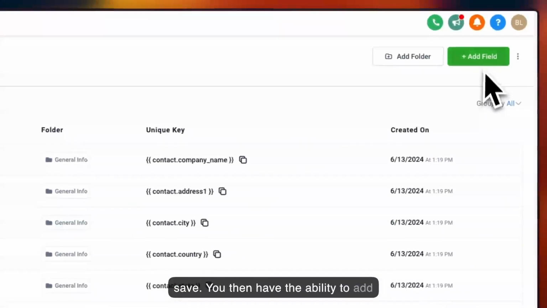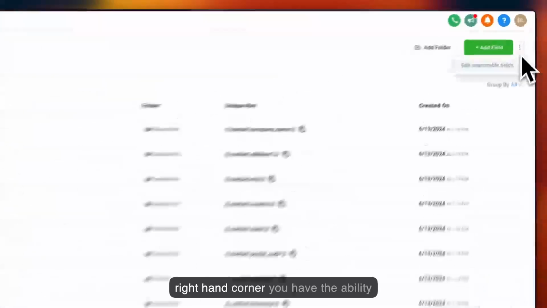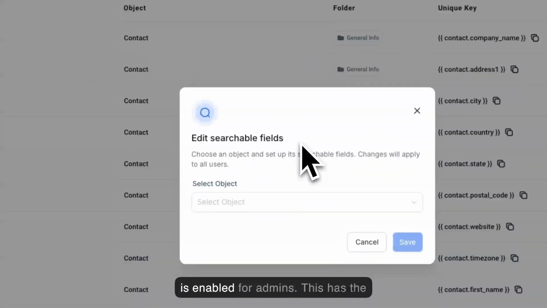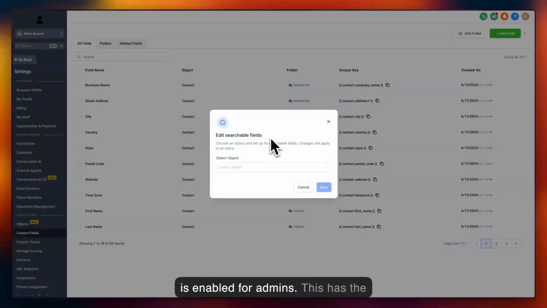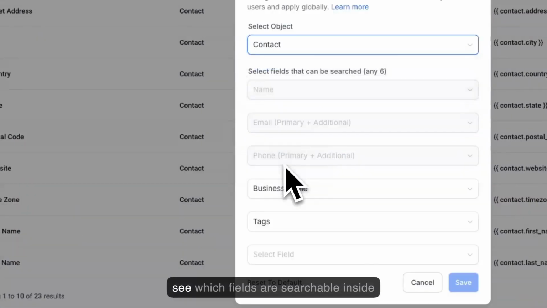You then have the ability to add a field, and last but not least, in the upper right-hand corner, you have the ability to edit searchable fields. Editing searchable fields is enabled for admins. This has the ability to update the fields that are searchable for objects such as the contacts, the opportunities, and custom objects. For example, when we select an object of contact, we can see which fields are searchable inside the